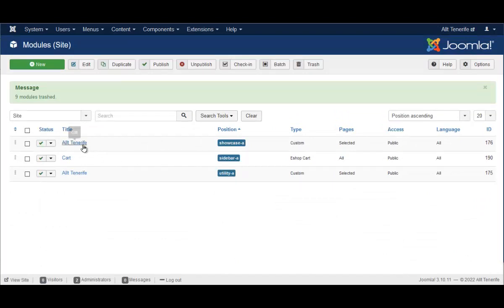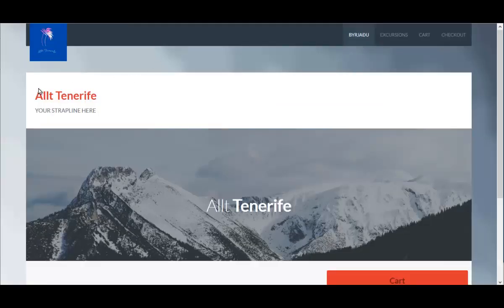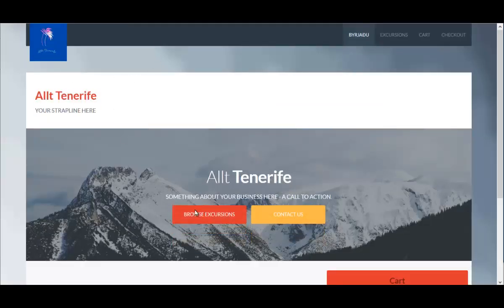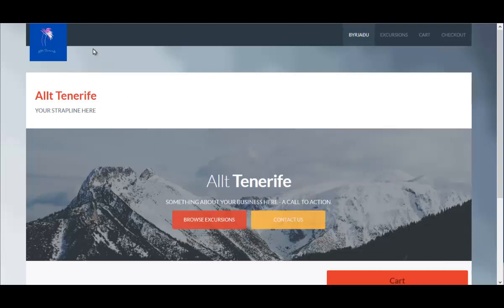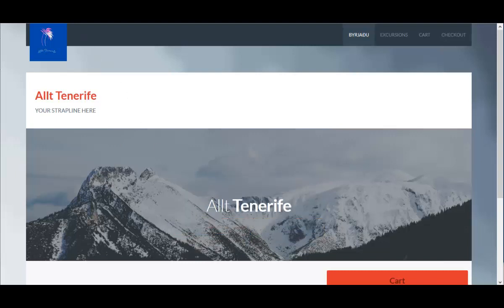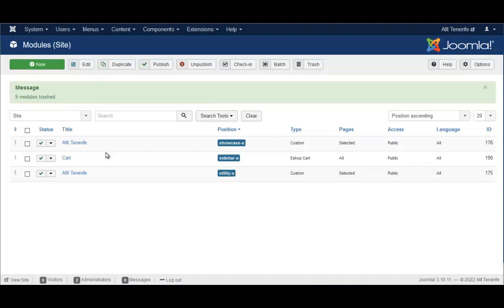And you'll see here we've got two modules with the same title. One of them is in the showcase area, the other one in the utility area. And if I just open the website again briefly, I know that this is the utility area and this is the showcase area. So I'm just going to edit the one in the utility area,